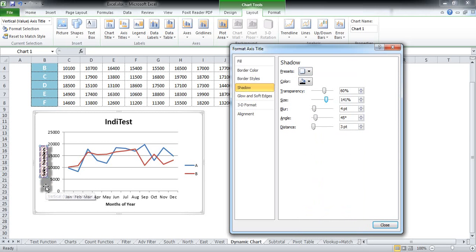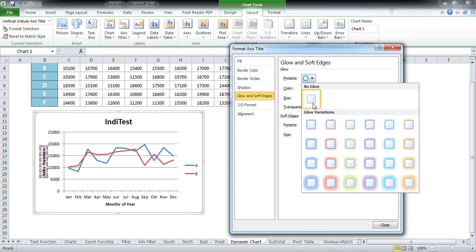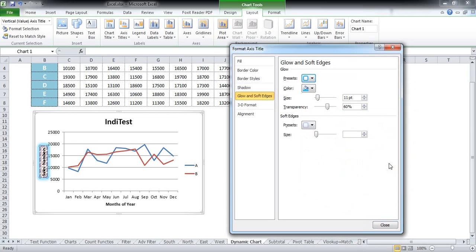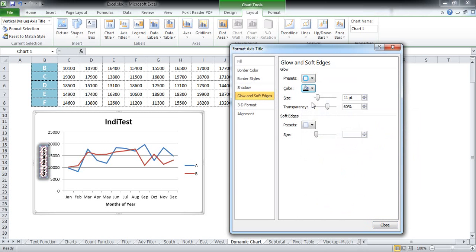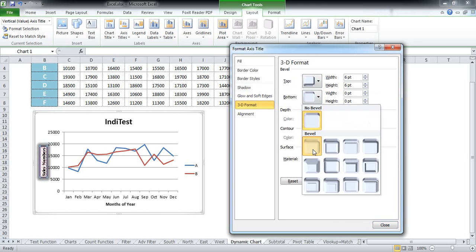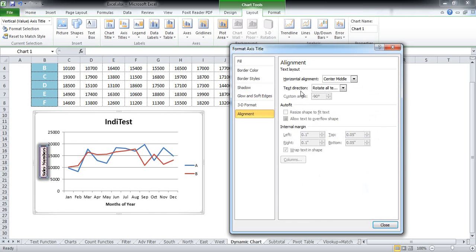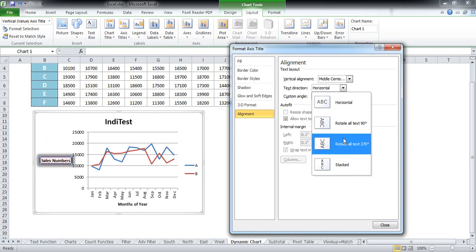You can see a shadow has appeared over here, or I can just completely ignore the shadow and give my vertical axis title a glow, and I can change the color anytime I want to. Or I can even give a 3D format to my vertical axis title, and I can even change the alignment if I want to. You can see the alignment of my vertical axis title has changed horizontally, or if I want to put it, say, in the case of